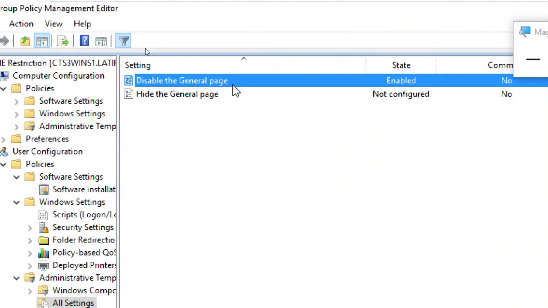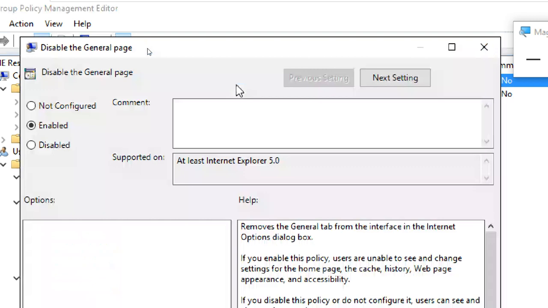Now this policy will be applied, of course. But if you feel you made a mistake, you created a policy and by mistake you enabled something, you realize that is a mistake. Open it. Don't put it to not configured directly. What to do?